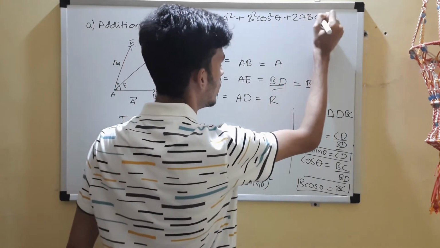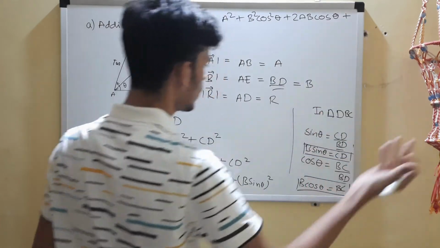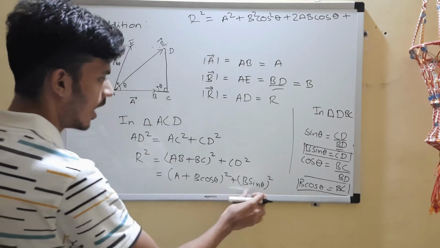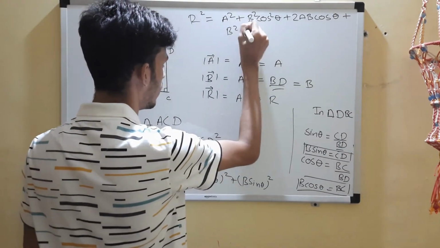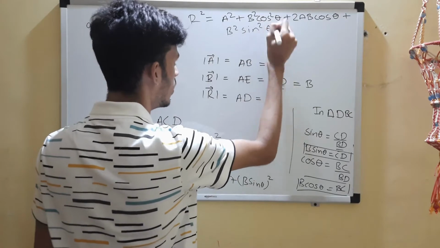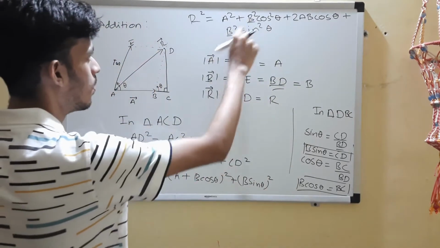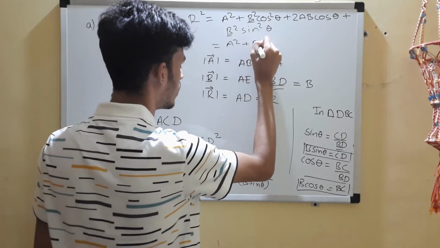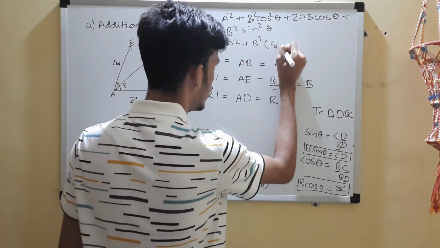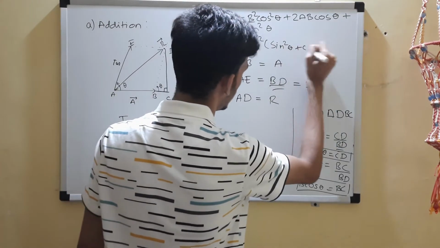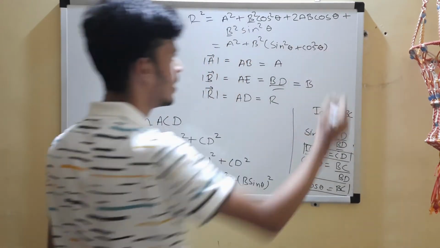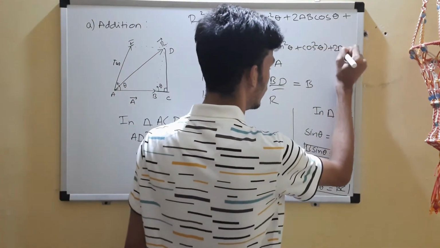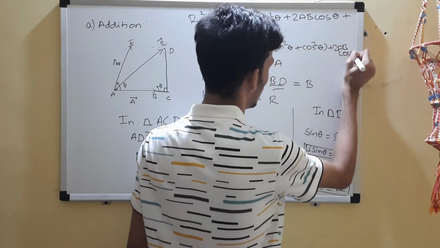Okay, so A plus B the whole square is, what is it? A square plus B square plus 2AB, right? So that I used here, and here you'll get B square sin square theta. Now in these two terms you can take B square common, right? In these two terms you can take B square common. So do that and you'll see an identity from your 10th standard or your 9th standard. Sin square theta plus cos square theta is 1, right? Sin square theta plus cos square theta is 1. Maths people will be enjoying today.